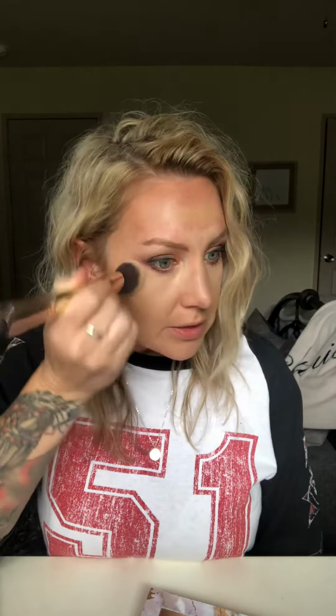Like some of these, all of them actually, all the highlight and contour colors you could use on your eyes. You could use them for eyeshadows, like a whole eyeshadow look. I could use this whole palette probably and create something on my face. So right now I'm just going under and contouring my lip, and I just previously contoured my nose. And then I'm going to take my 30-second hack brush, and now I'm going to start the blending thing I talked about. And I'm just going to start blending everything together,